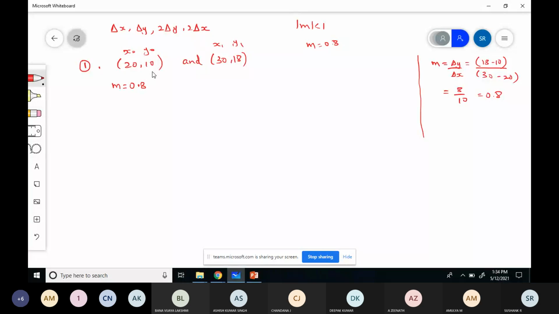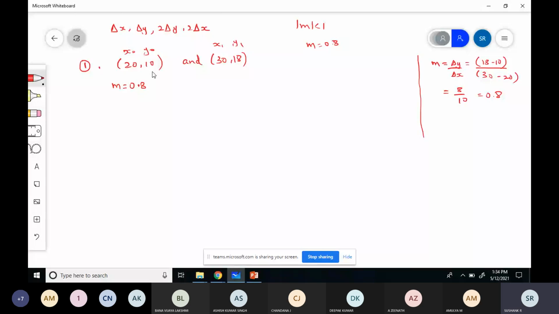Any doubts? So you should respond, then only I'll proceed further. So you just unmute. Don't type it in the message box because I cannot oscillate between the screens. You just unmute from your end. You can tell if this is understood or if you have not understood this point.